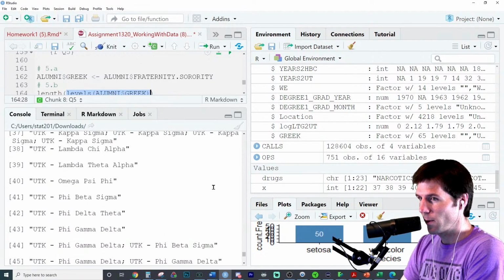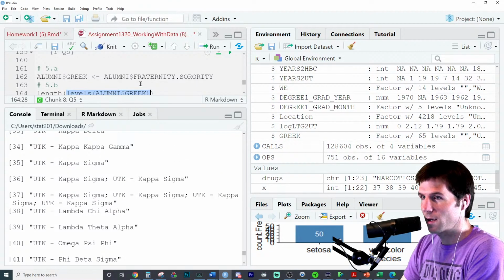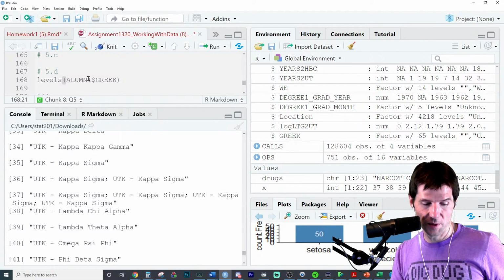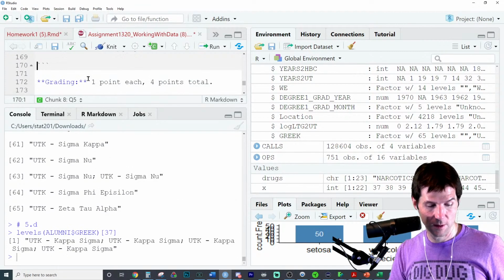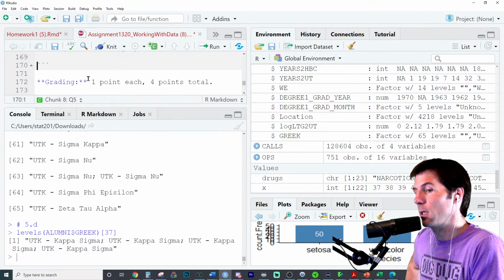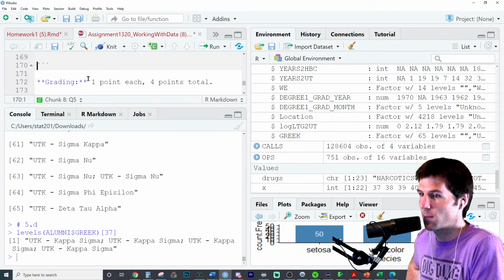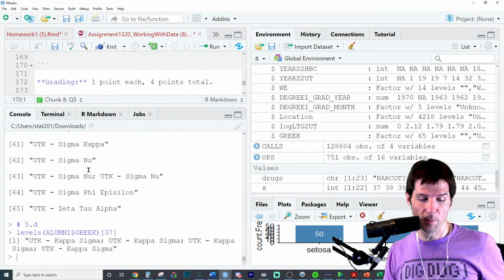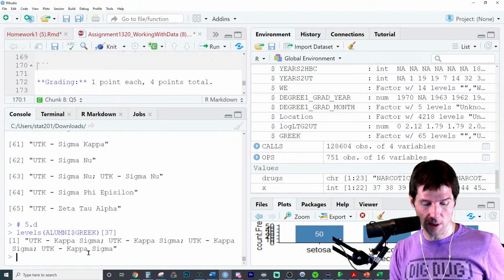Does anyone notice anything odd about these? If I were to report one of these to the screen, does that look weird? If you ask, what Greek life are you? And I say, oh, I'm in UTK Kappa Sigma, UTK Kappa Sigma, UTK Kappa Sigma. And you're like, what? This is an individual who reported, if we go here to alumni,